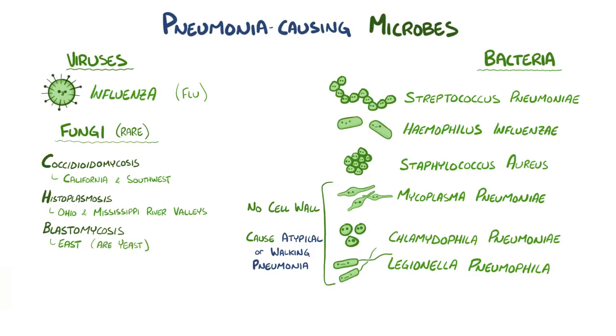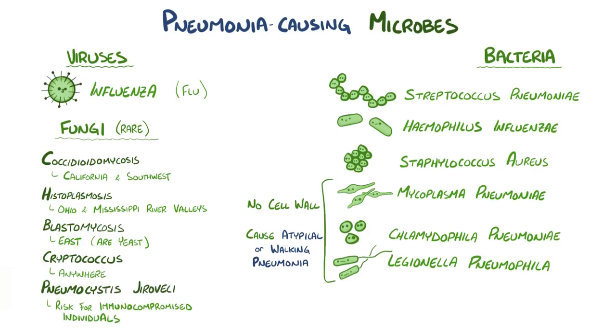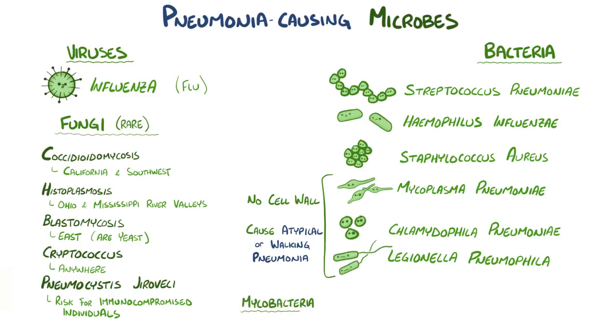And the broad-based budding refers to the fact that under a microscope, when the fungi bud off each other, there's a broad versus a narrow base. To round out the fungal causes in the US, there's Cryptococcus, which is cryptic because geographically it can pop up really anywhere. Now, one special fungal culprit is Pneumocystis jirovecii, which is a risk for immunocompromised individuals. Finally, there's mycobacteria, which are slow-growing like fungi, hence the myco in their name, even though they're still bacteria. The most well-known one is Mycobacterium tuberculosis, also just called TB.